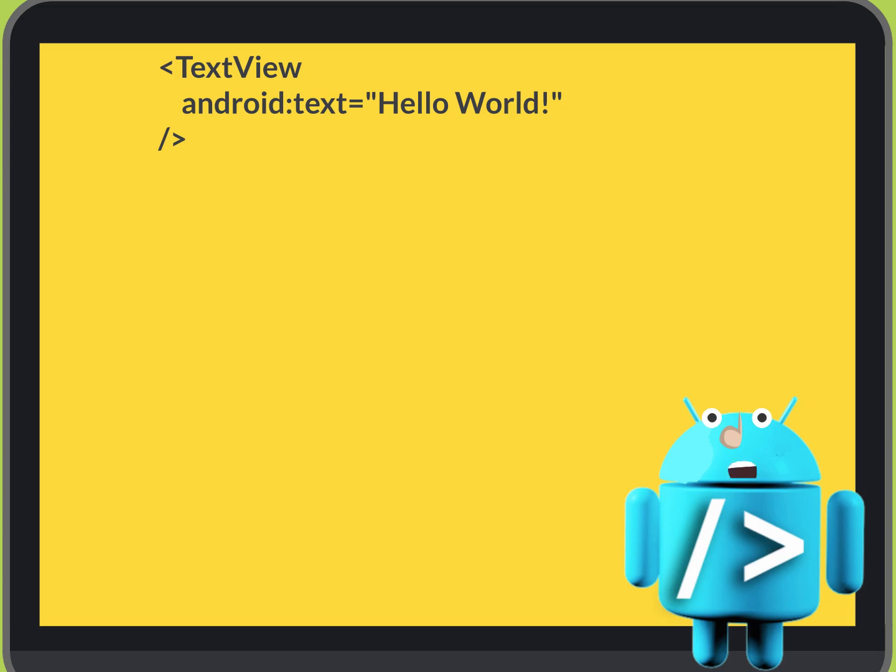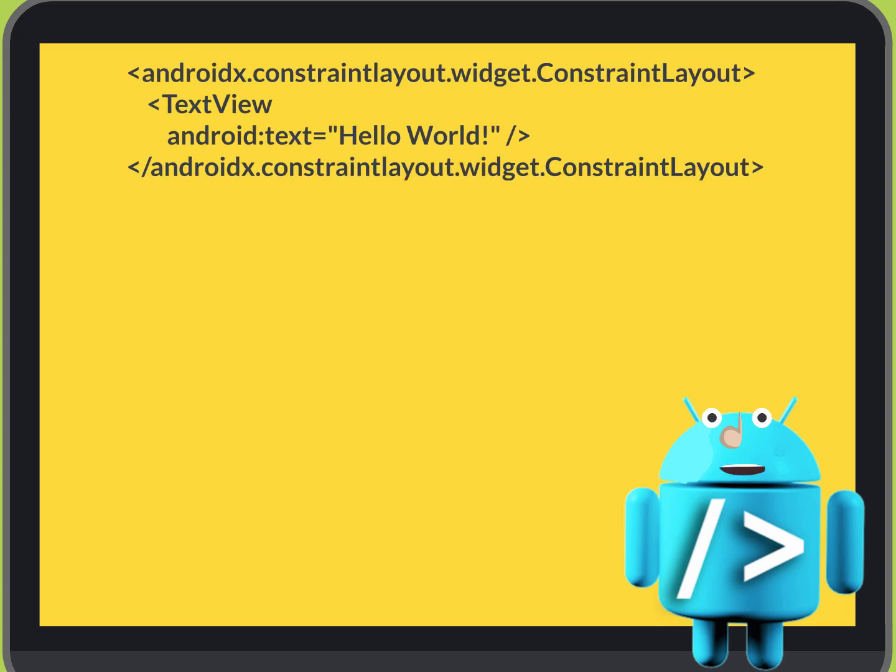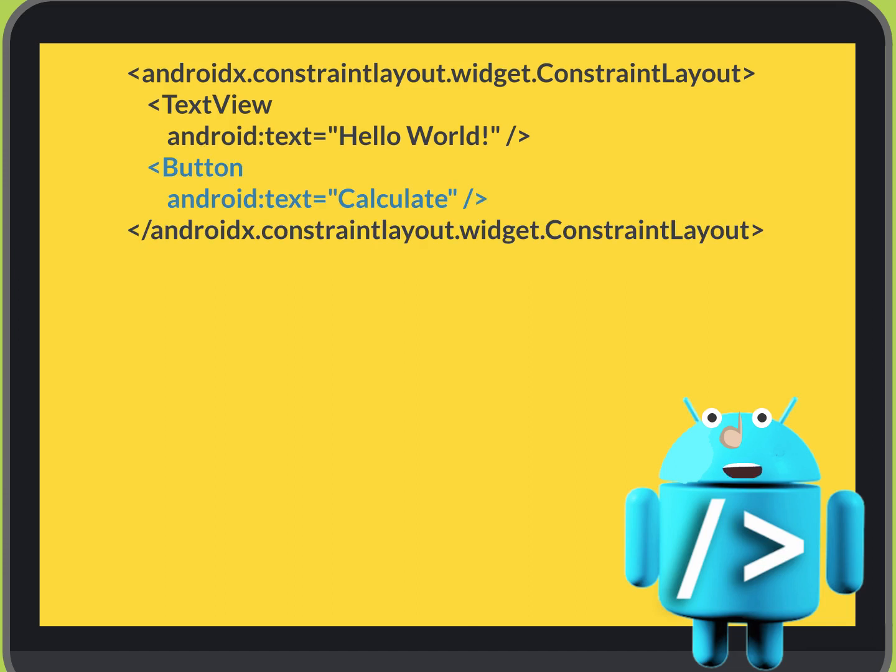These 3 lines of code are a common shorthand known as empty element tag. This is the same as if you would write code with separate opening and closing tags as follows. Constraint layout elements are written with separate opening and closing tags, because it needs to be able to hold other elements inside. If you want to add another view as a child of constraint layout, for example button below text view, then it can be placed after the text view tag / greater than and before the closing tag of the constraint layout, like this.